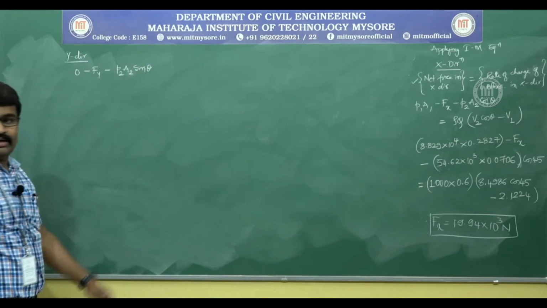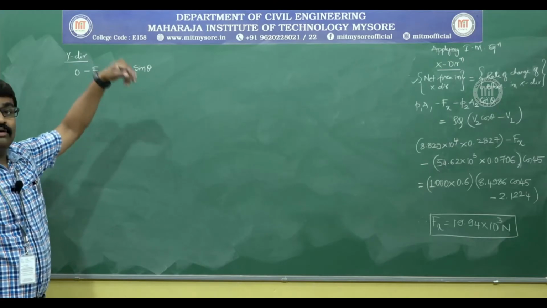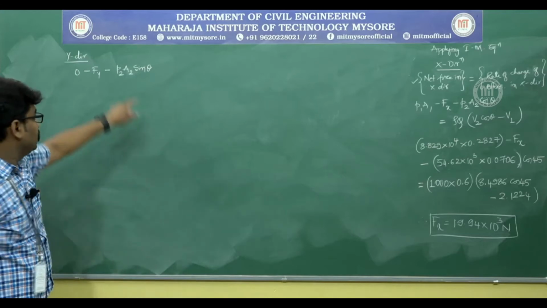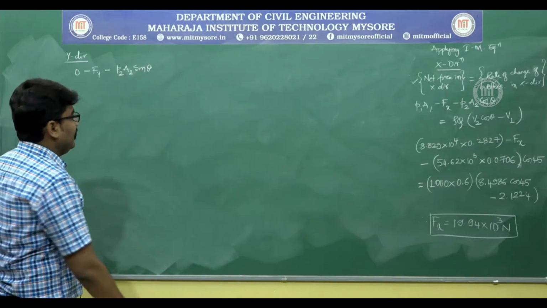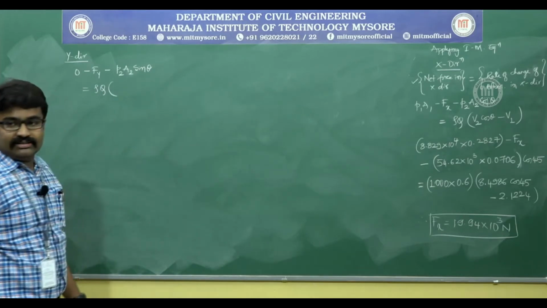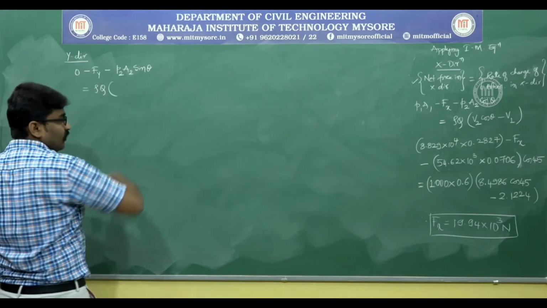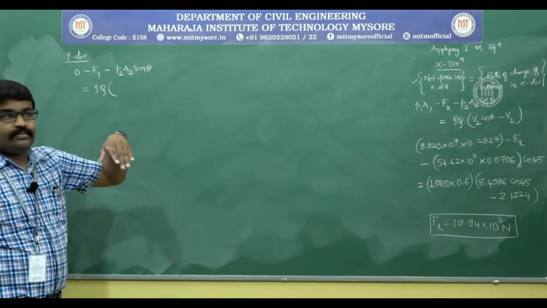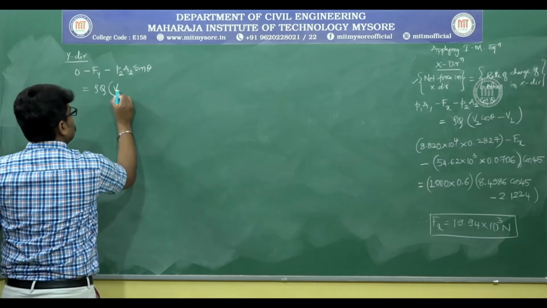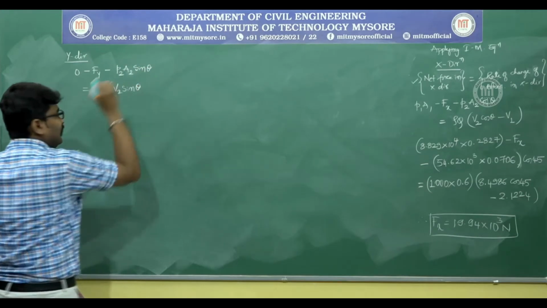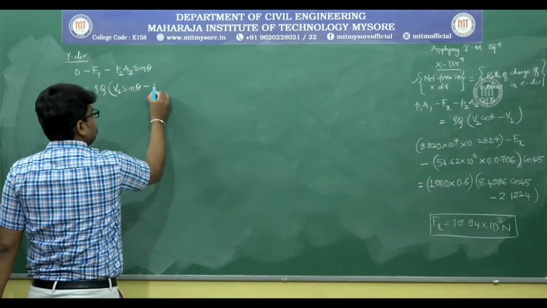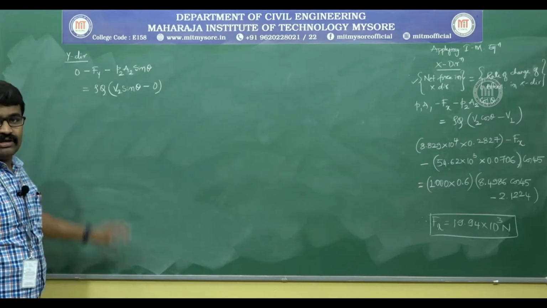sin theta in the y direction. The component of P2 A2 in y direction is vertically downwards, so minus P2 A2 sin theta. This must be equal to again rho Q into final velocity in y direction. V2 is going upwards, so you have V2 sin theta in the vertically upward direction minus initial velocity in y direction, which is 0. This is what we actually have.